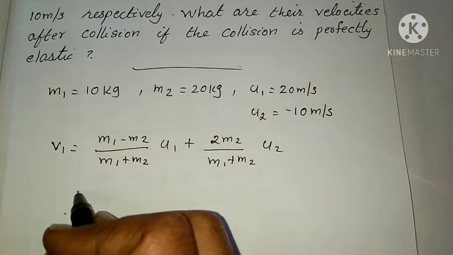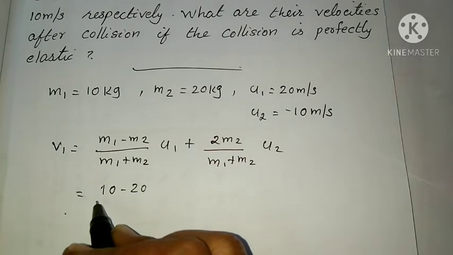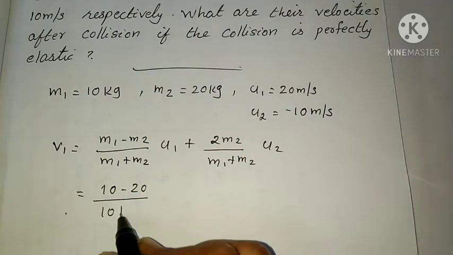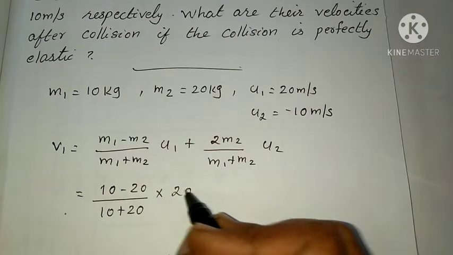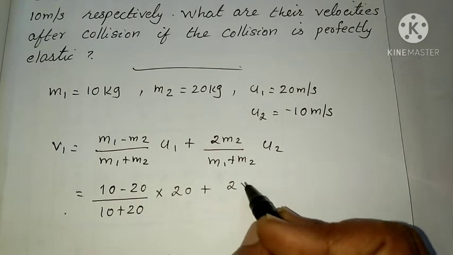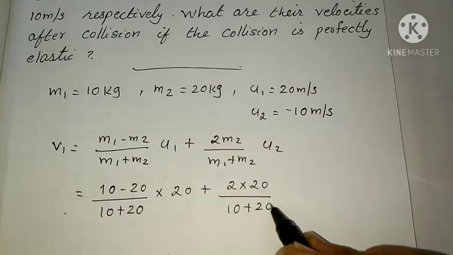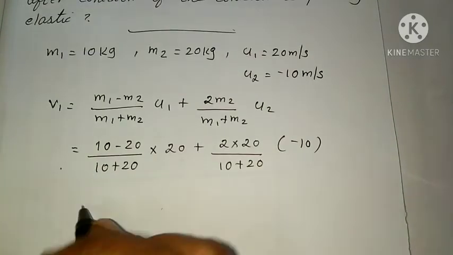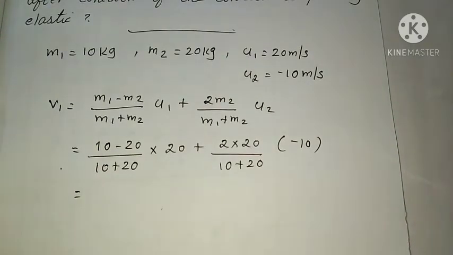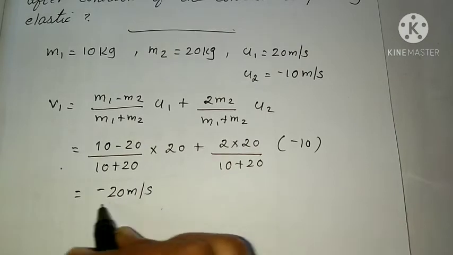So we can substitute here, that is m1, that is 10 minus 20 divided by 10 plus 20 into u1, that is 20, plus 2 into 20 divided by 10 plus 20 into minus 10. Then we will get the answer. After calculating all these, we will get the answer minus 20 meter per second. Clear? This is the velocity of the